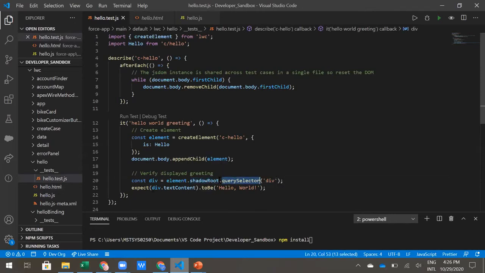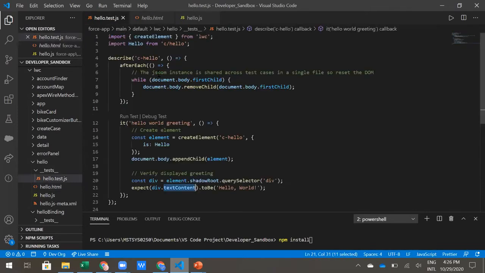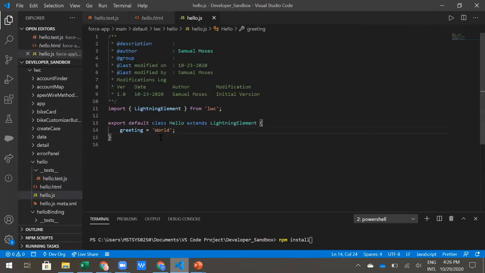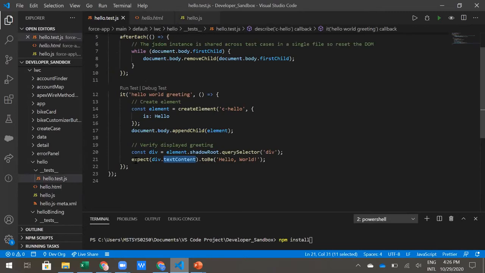Once you query that component and its text content, what is the text content present in your div element? You just verify it. Since we built that component, we know how the output will look: hello and world from the backend, from this binding variable. With this component, we just use the matcher and assert the results: the actual output on the left side, and the expected on the right side.